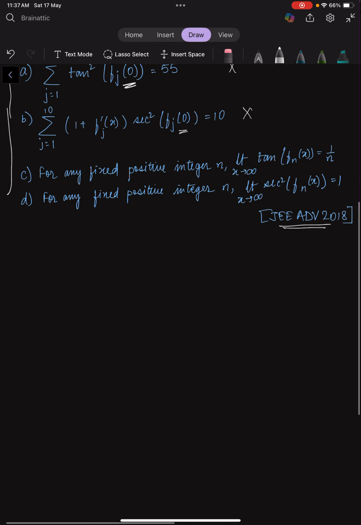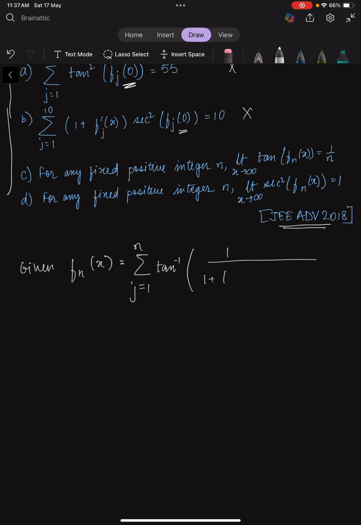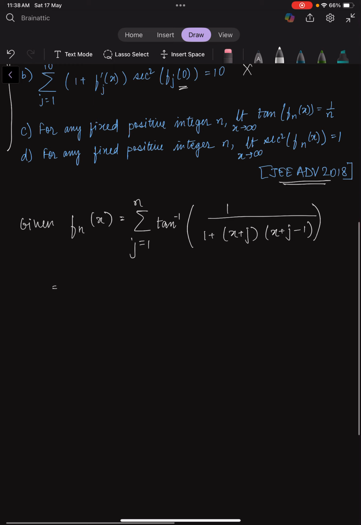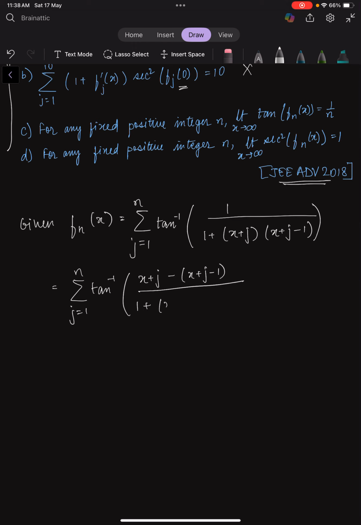Okay, now let's go ahead and check for option C and D. So we are given f n of x is equal to summation over j equal to 1 to n of tan inverse 1 by 1 plus (x plus j) into (x plus j minus 1). Correct? So this is given to us. Now what we are going to do is replace the 1 in the numerator with (x plus j) minus (x plus j minus 1). This is absolutely fine, correct? And this gives me